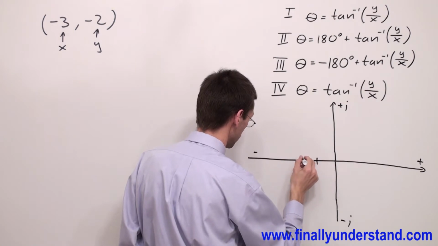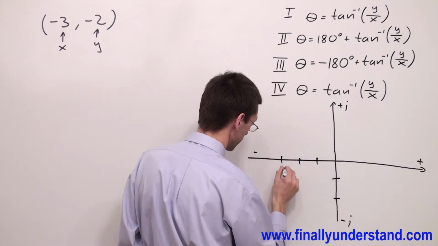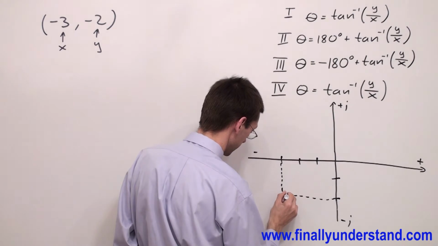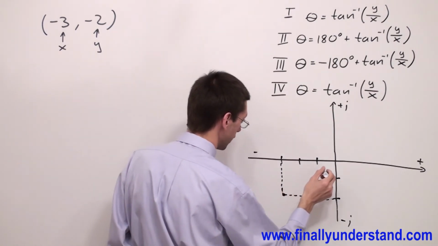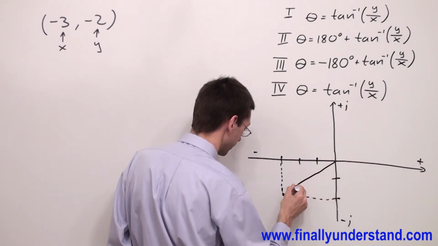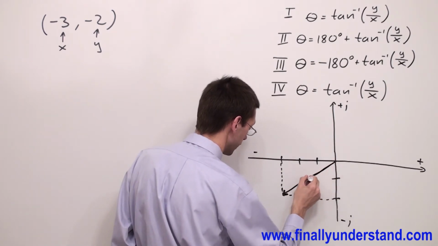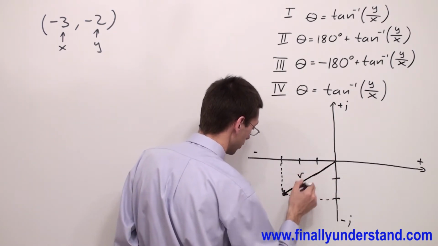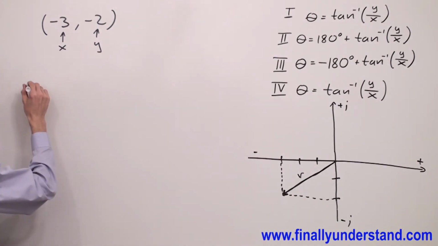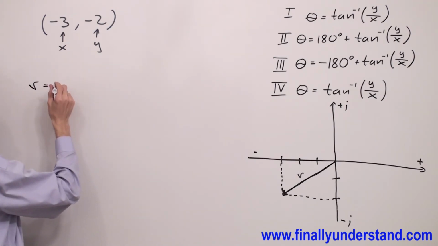We have 1, 2, 3, so I have -3, and I have 1, 2, -2. So this is my coordinate point, and if I want to draw the phasor, I'm supposed to connect the origin with the coordinate point, and this is my phasor, which I call lowercase r. In order to find the length of my phasor, the magnitude, I'm supposed to use the Pythagorean theorem,